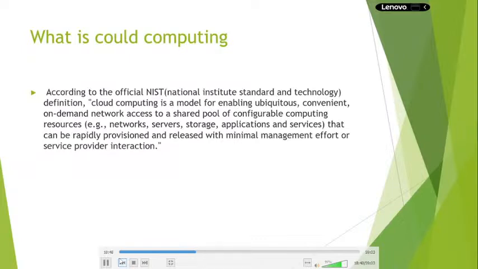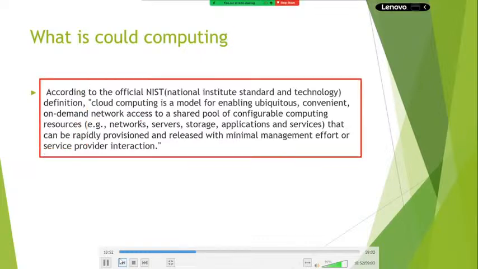Cloud vendor. Okay, so this is the exact definition provided by NIST. What is the cloud? Cloud is nothing but a model of convenient on-demand network access. Based on your demand, anytime, anywhere, you can access those services.